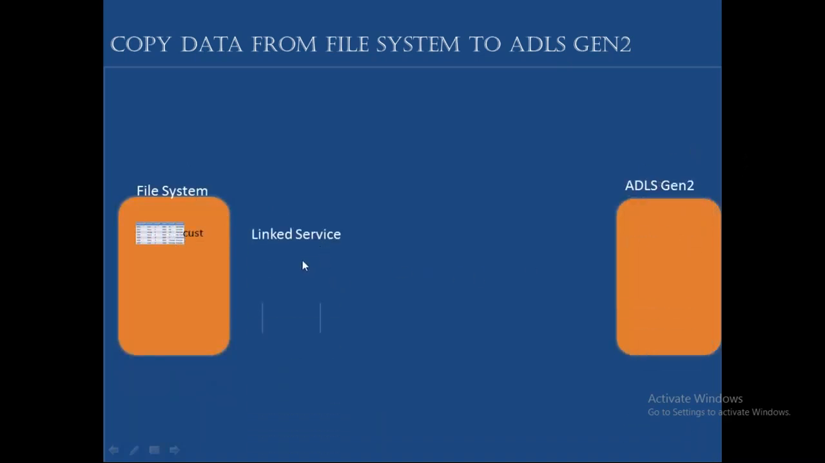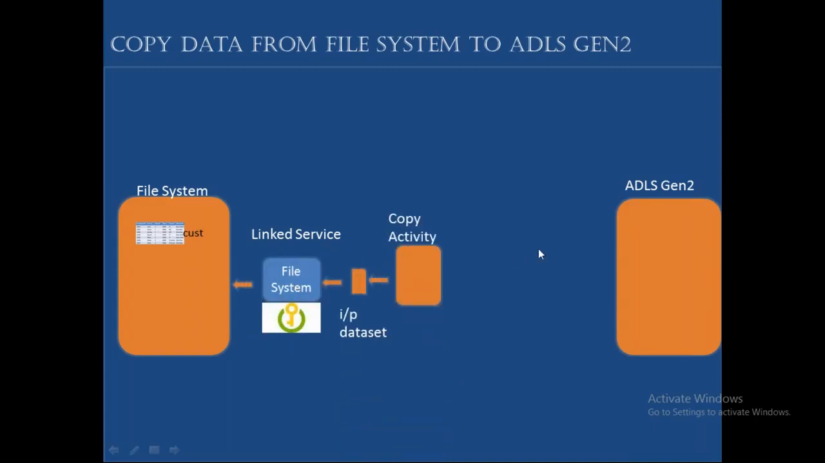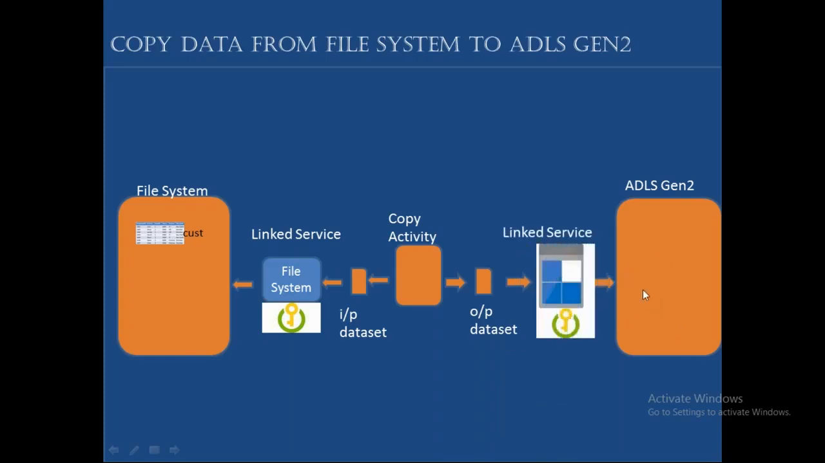Now what I need to do is connect to the file system. Then I need to create a dataset to read this particular folder's data. This data I want to copy. So where you want to copy, the destination, the output, I need to define. In which folder do you want to load it into data lake storage Gen2? To access that particular folder, I need to create a linked service to data lake storage Gen2. Once I have done everything successfully, if I execute this, inside the particular folder, the cust.csv file will